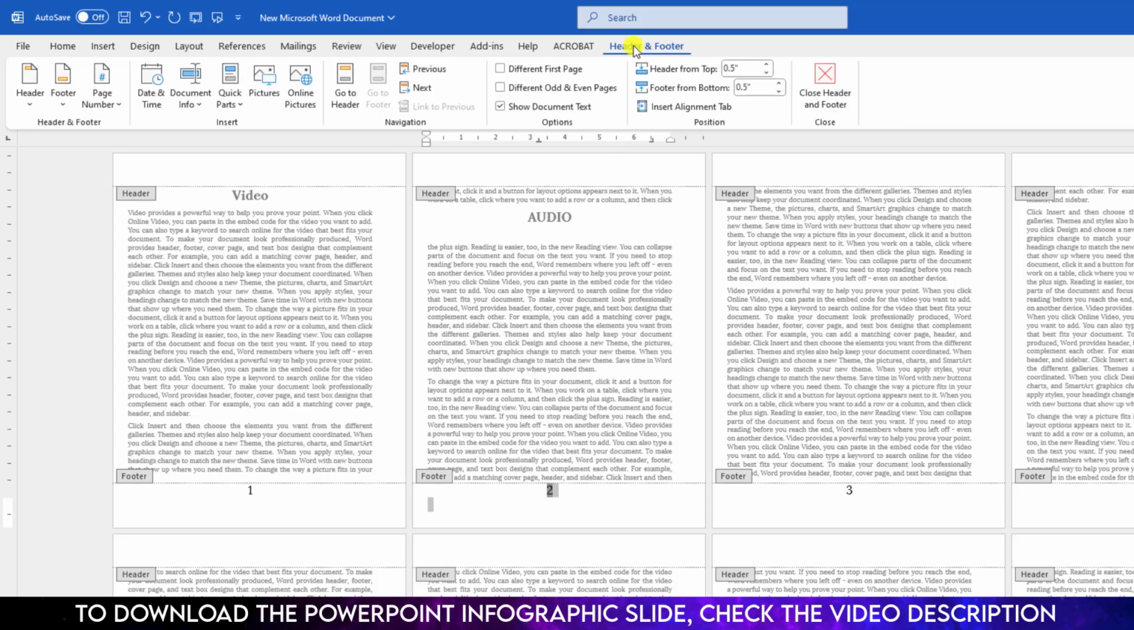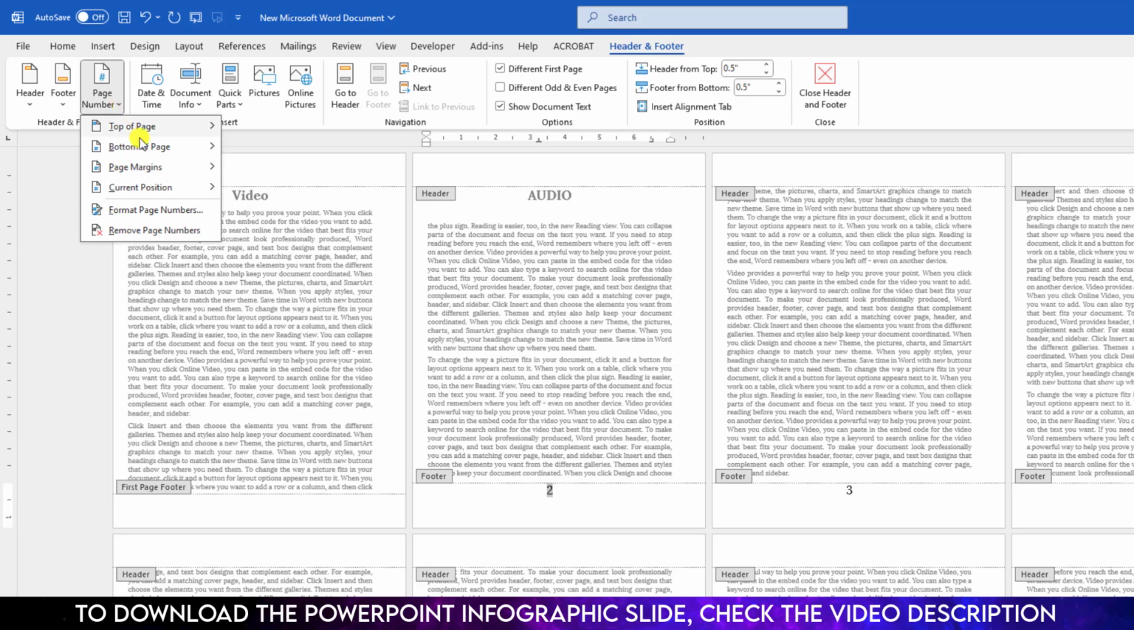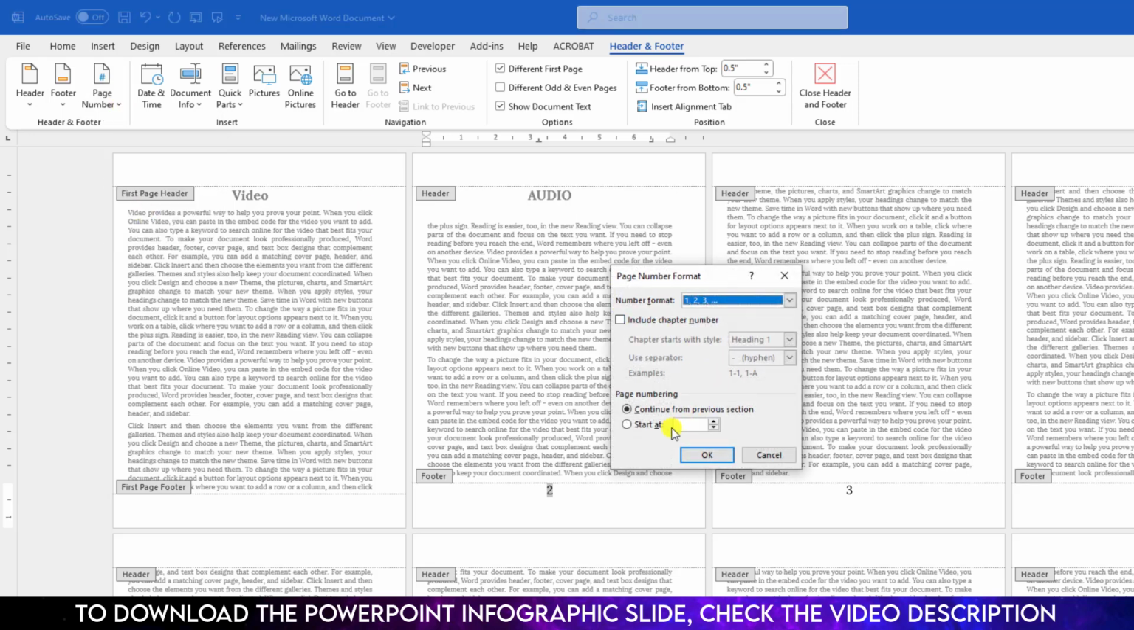Now go to Header and Footer, click on Different First Page. The page number has now started from page number 2, but the beginning number is 2, and I want to make it 1. So click over here, go to Page Number, go to Format Page Number and click on Start at